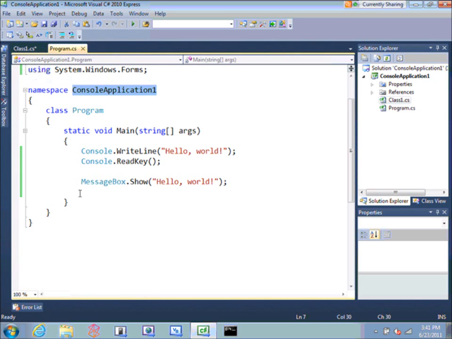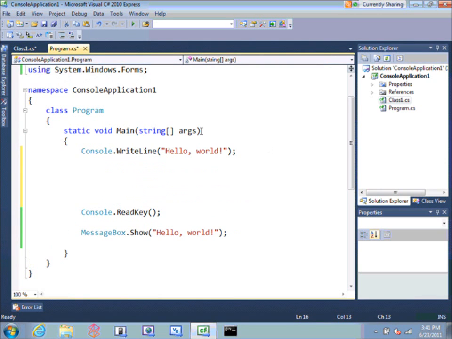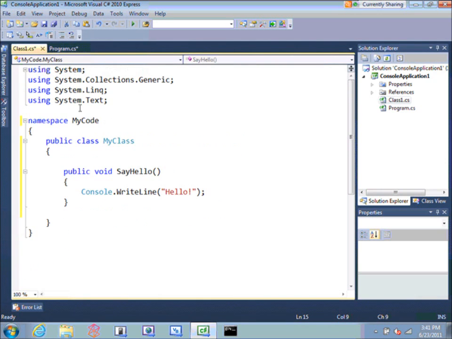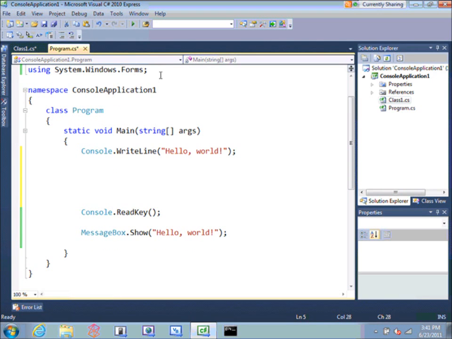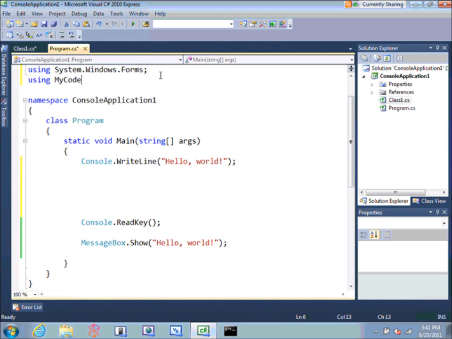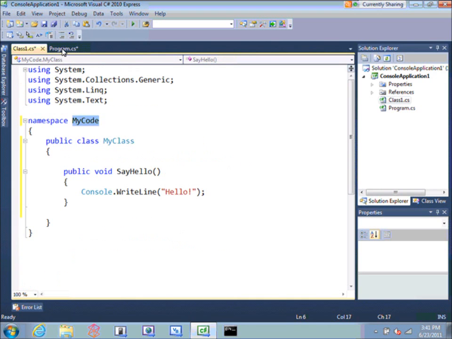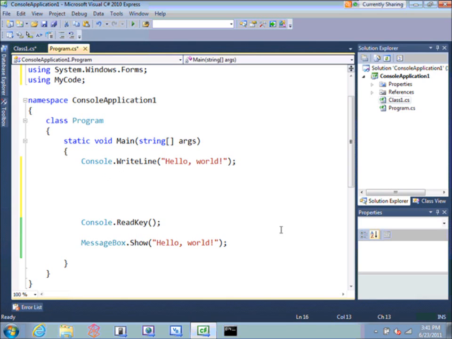And then over here, what I can do is, let's go ahead and move this. Let's go ahead and put this call right inside here in the middle. I'm going to create an instance of this guy. So my code, basically what I'm going to do is I'm going to say using MyCode. Okay, so that's using this new namespace that I've created here. And then from within that, I can say MyClass, we'll just call this c equals new MyClass. So I've just created a new instance